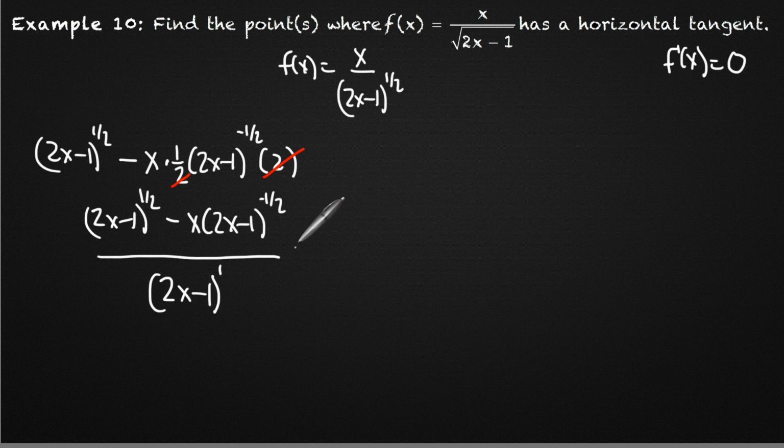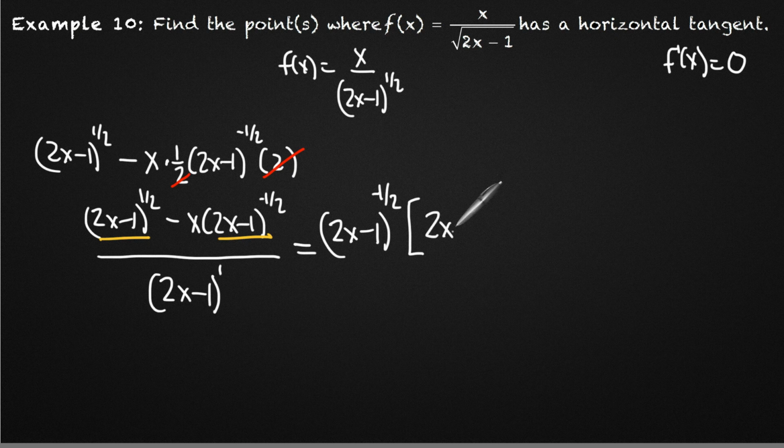Now I'm going to factor out the least power again. So I'm going to factor out, because we see a common term, 2x minus 1. So I'm going to factor out the least power. So 2x minus 1 to the negative 1/2 is going to be factored out. And that's going to leave us with 2x minus 1. And right now, I'm going to put this in parentheses, although I don't need to, just so that you can see that if you multiply this back in, the exponents will add together and get you back to 1/2. Okay, minus x. And all of this is over